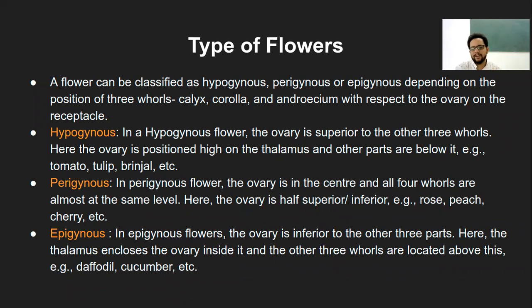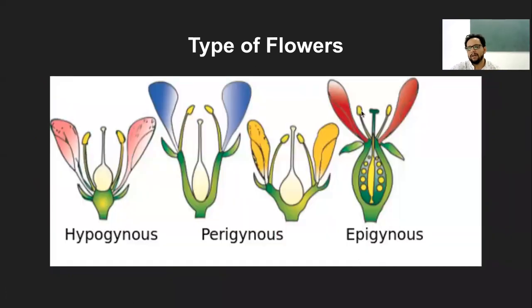But during the young stage of the cucumber fruit, the flower is intact with that particular fruit, and on the other side there is a stem. So that means this cucumber is being formed from the ovary that is below all the other floral parts. So these are the three different types of flower based on the position of the ovary, or location of the ovary, with respect to the other walls.